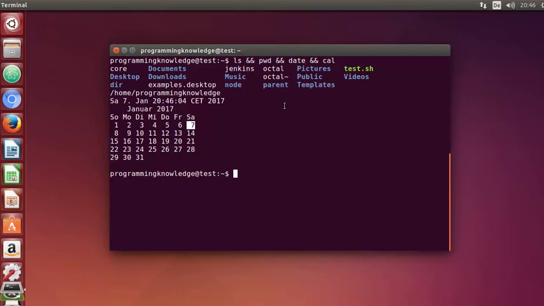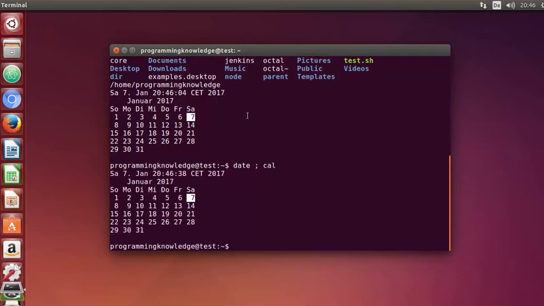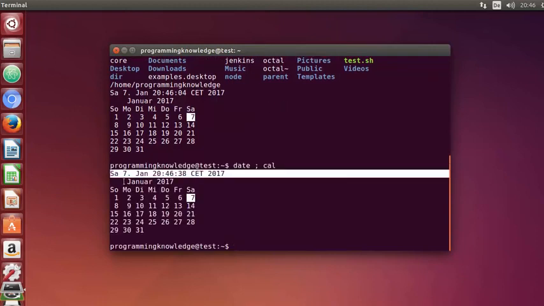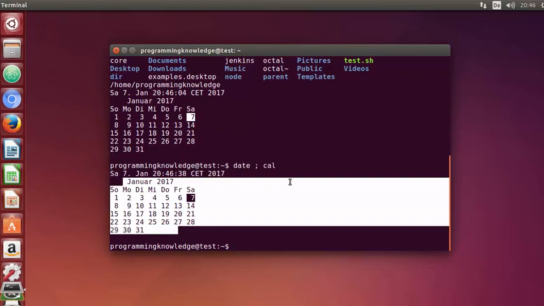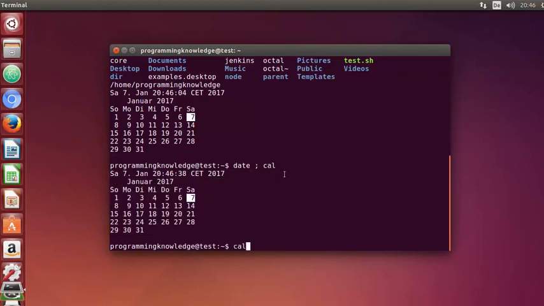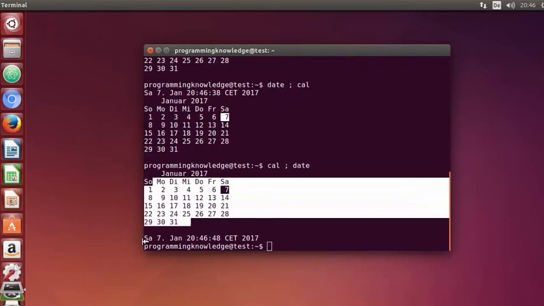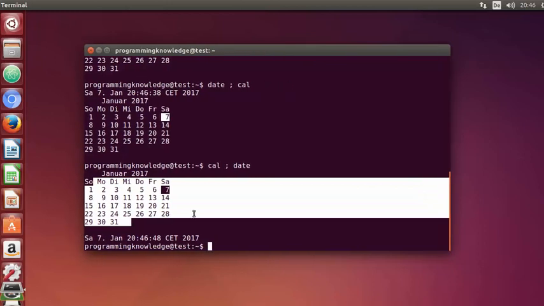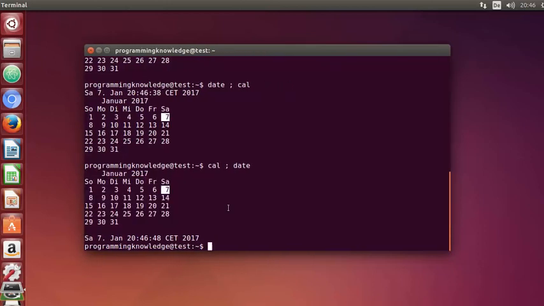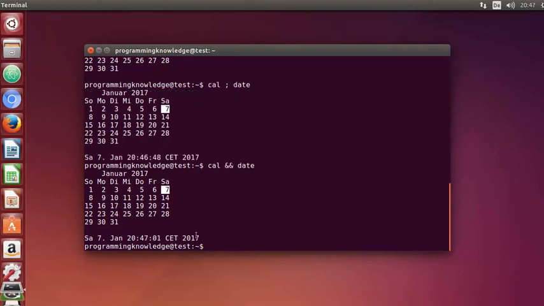So for example, when I use date semicolon cal here, then first date will be executed and then calendar will be executed. So this sequence matters. For example, when you do cal and then date, then it's going to show the calendar first and then the date, okay? And the same is with the ampersand also. So instead of this semicolon, when you use ampersand, it's going to show us the calendar first and then the date,